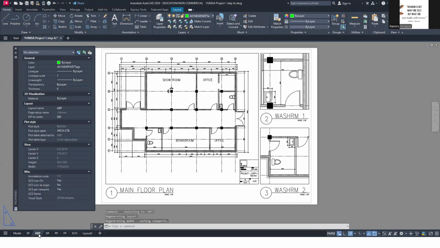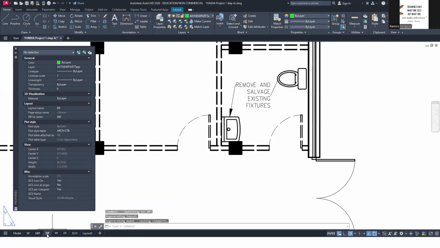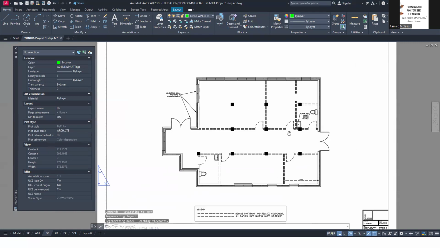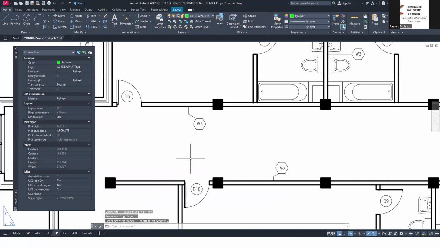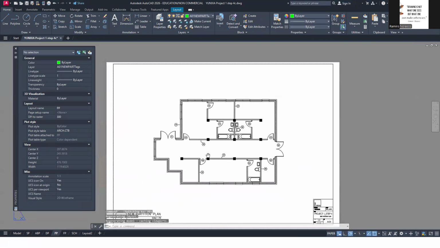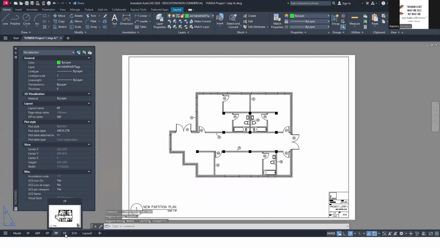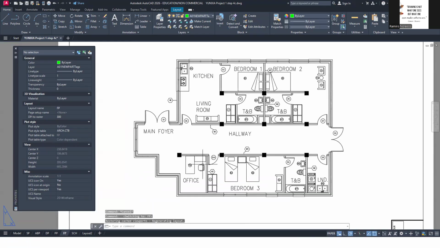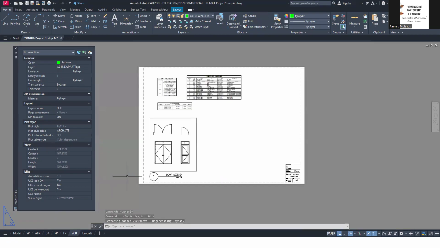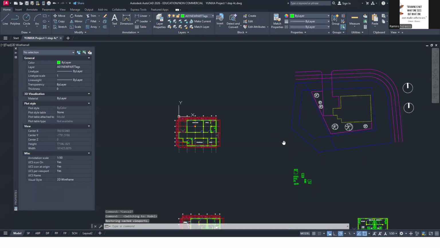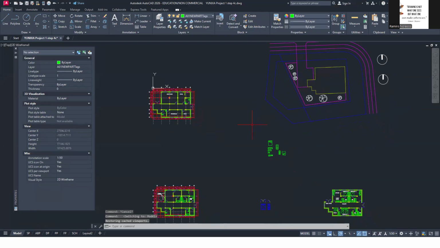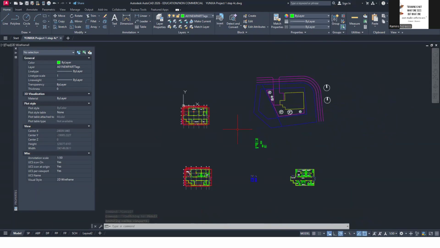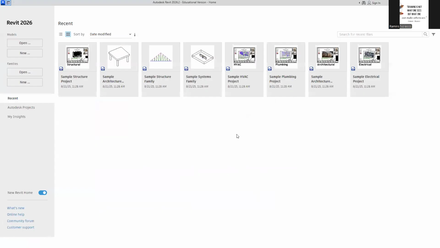So you should have your as built, your demolition plan, your proposed plan with the dimension, and then your furniture plan without the dimension and the schedule. Okay. Now we're going to use this as a reference for our introduction to Revit.